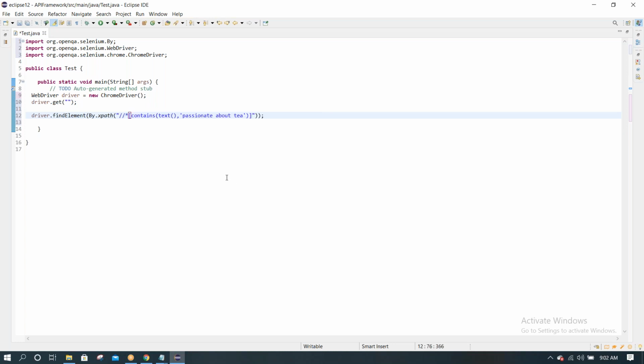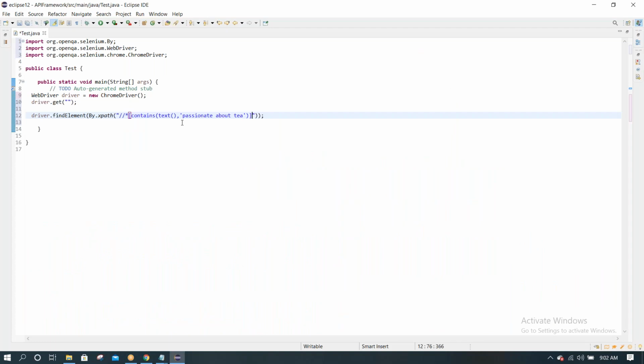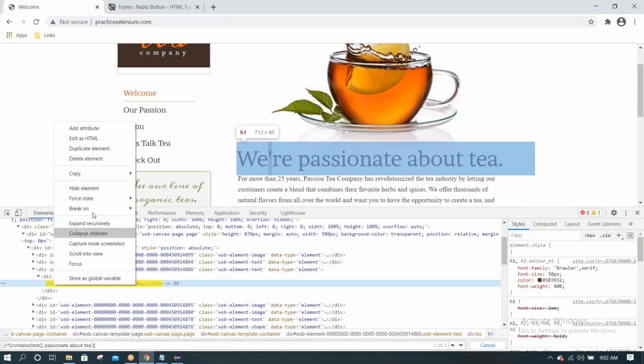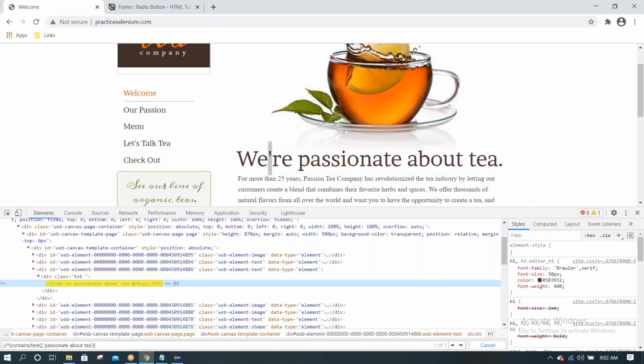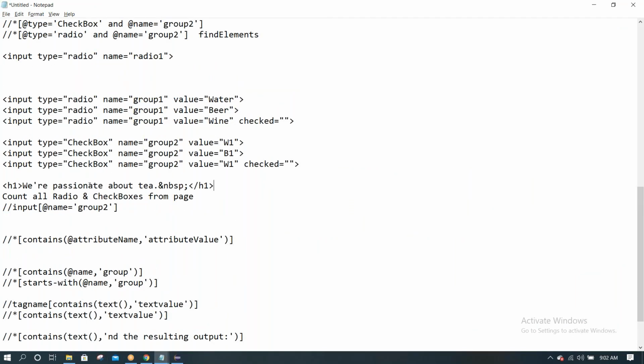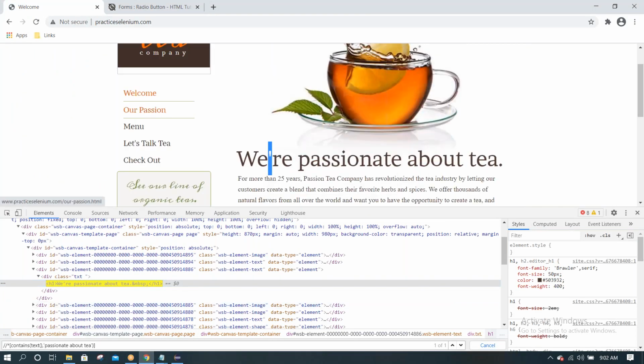Let's say after entering the URL, after clicking on a welcome link, let me copy this element here. That element, okay. Let me copy the other link.